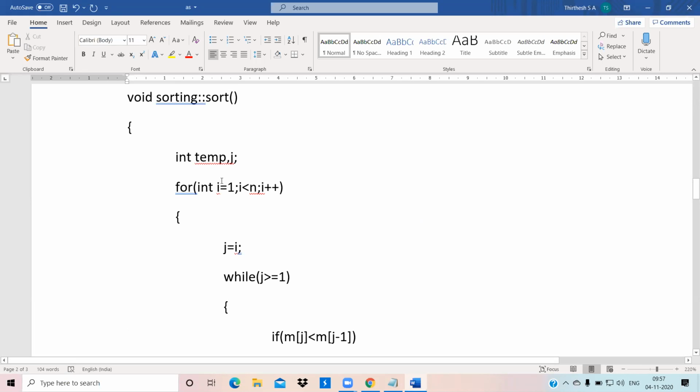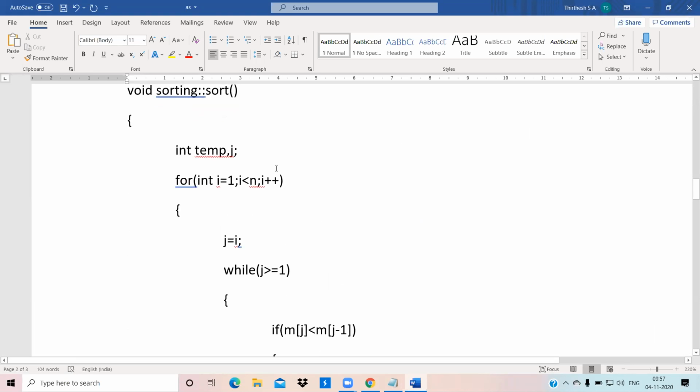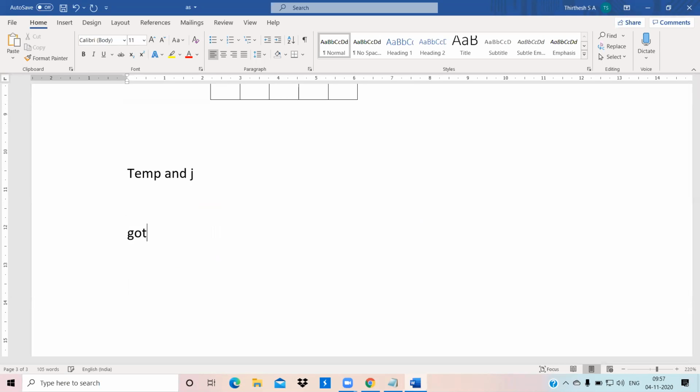Now we are going to enter the for loop. For i is equals to 1, i less than n, i plus plus. Which says that for i is equals to 1, i less than n means 1 less than 5, i plus plus.